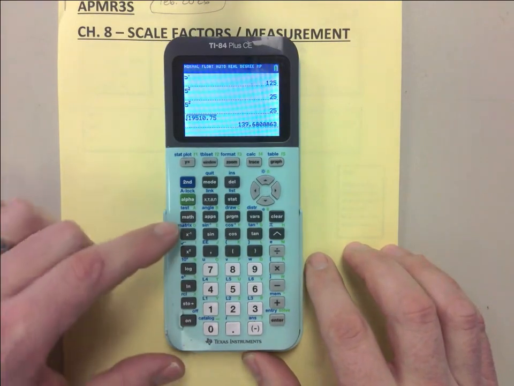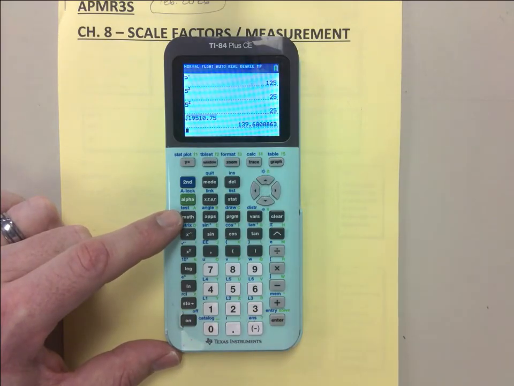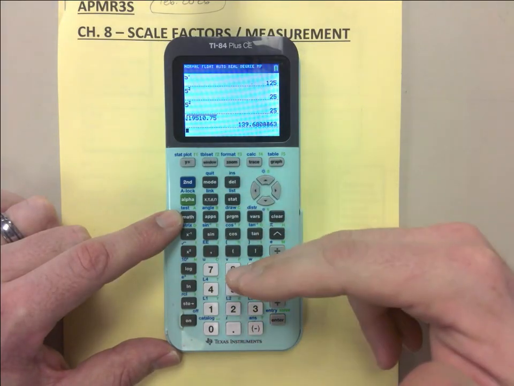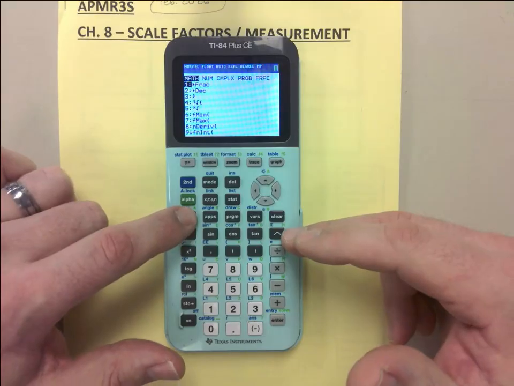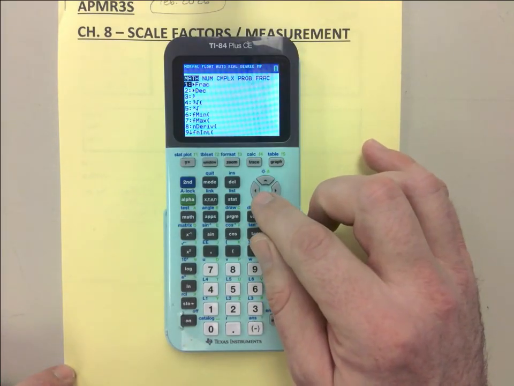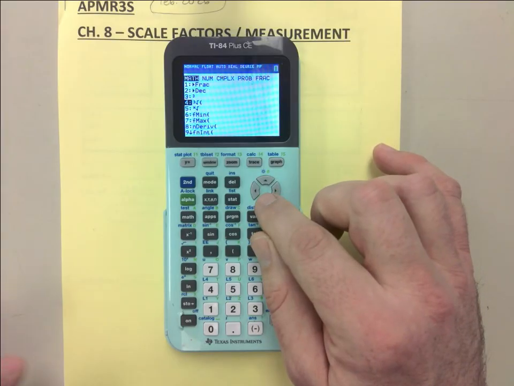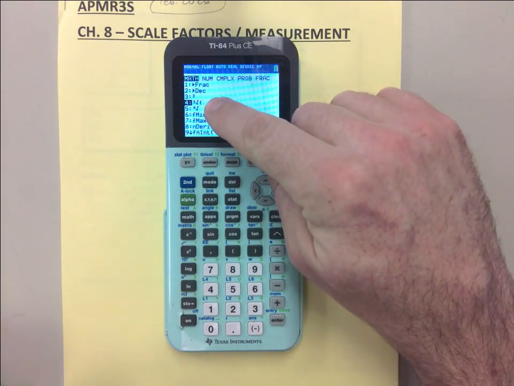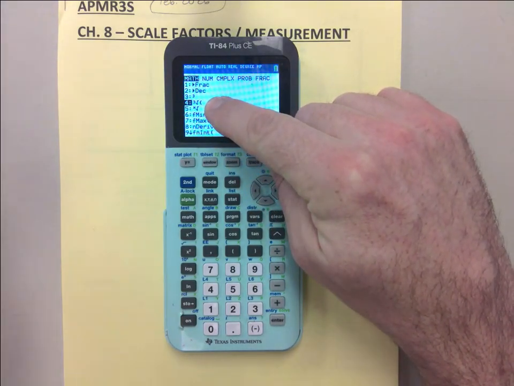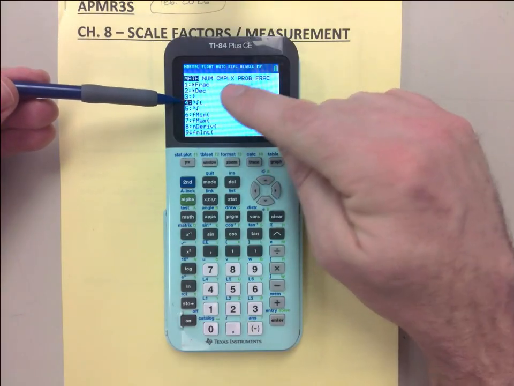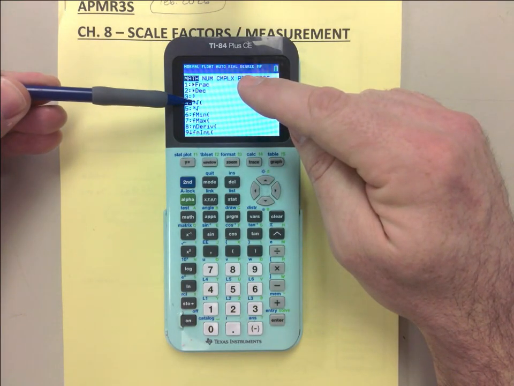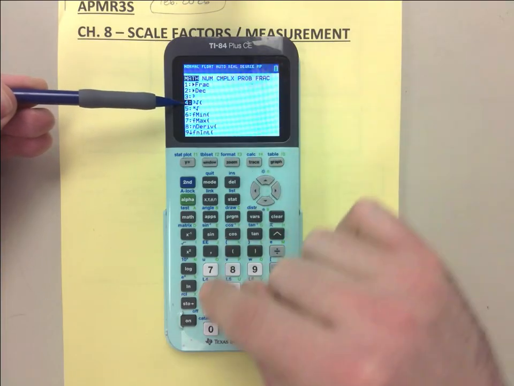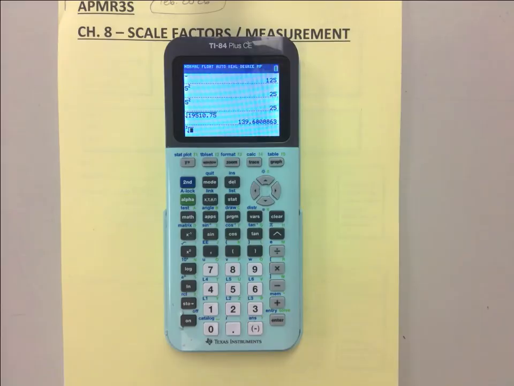You see the math button right here? Math allows you to have access to a whole bunch of things that are not necessarily visible. So if you press math, do you see the cube root right there? See that cube root? Okay. So you got to arrow down to option 4, or you can just press number 4. You see the 4 next to that function, the cube root. So you can just press 4, and it will select it, bring it to your home screen, and then